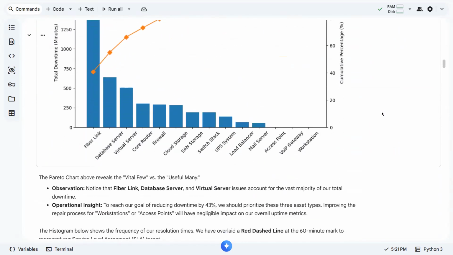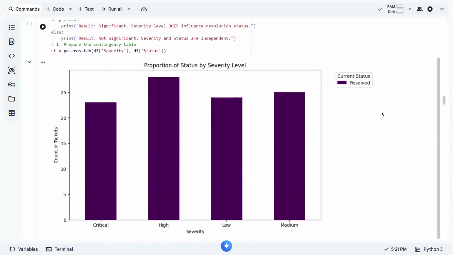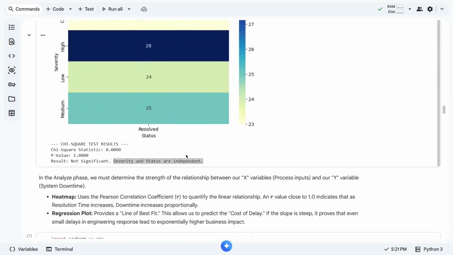So we can test that. However, since all of our data have only resolved items, it clearly shows that severity and status are independent. So we cannot really perform a quite reliable chi-square test.